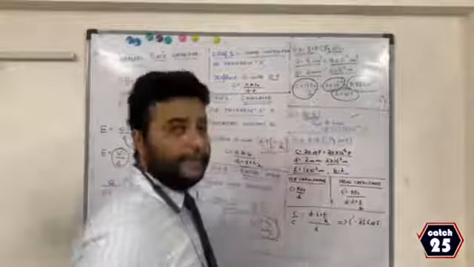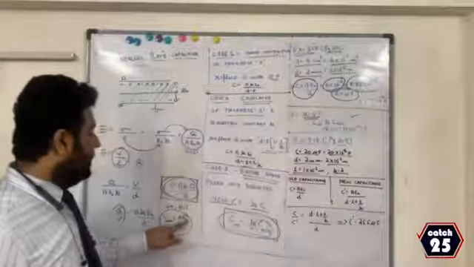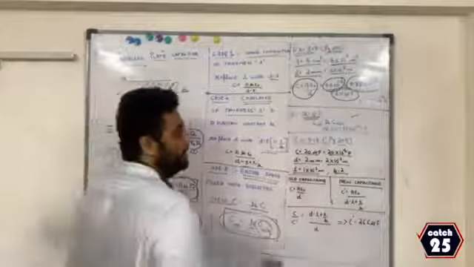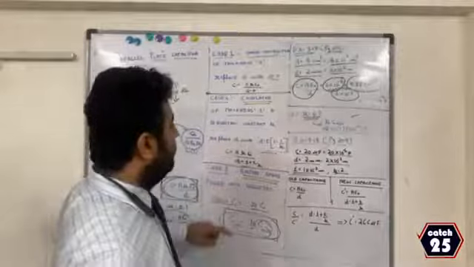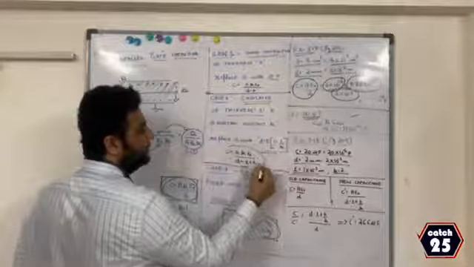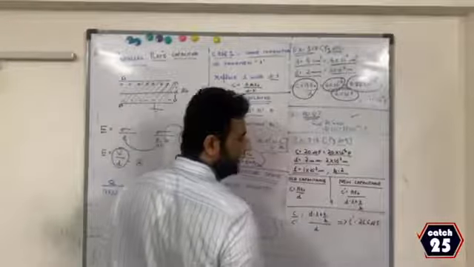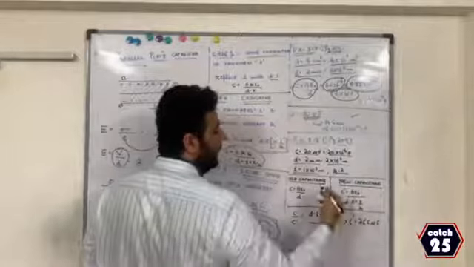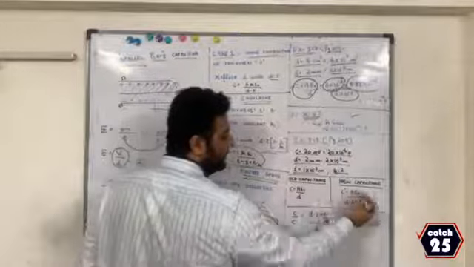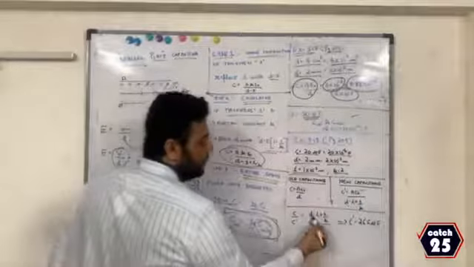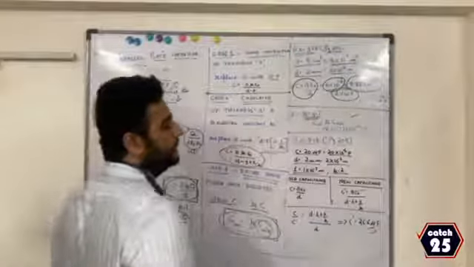Now, I know the old capacitance was air. Therefore, the formula for air capacitance is A epsilon naught by D. And since now an insulator of thickness T is put, which case will come? This case will come. Therefore, the new capacitance will be A epsilon naught by D minus T plus T by K. Now, if I divide old capacitance by new capacitance, this and this both will cancel. Therefore, if I put the value of D, T and K, I will get this answer. You can see it in the textbook.